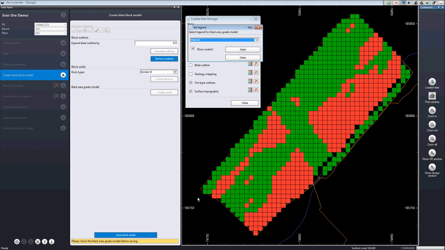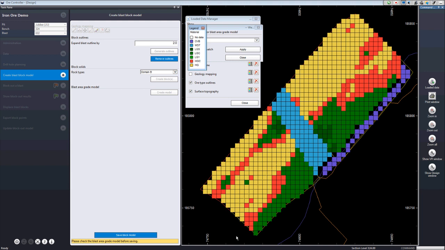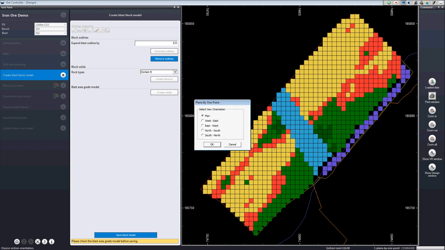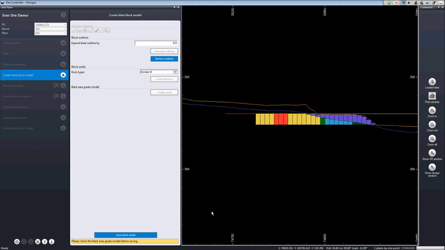But I'm going to go back to show the material legend, which is a combination of iron grade, aluminium, silicon, and any other elements that you like. I'll just quickly show a section through from west to east in this model to show in more detail what we've created.